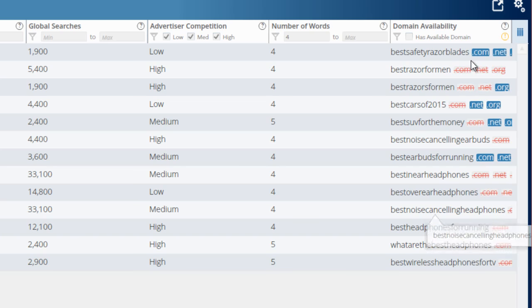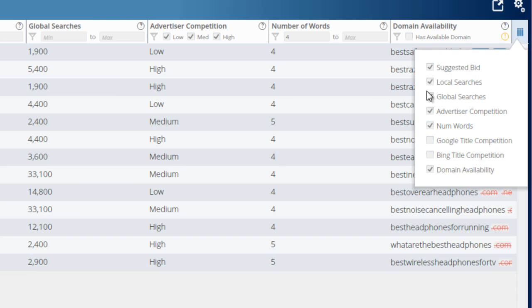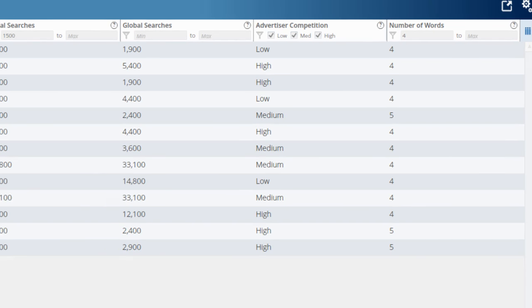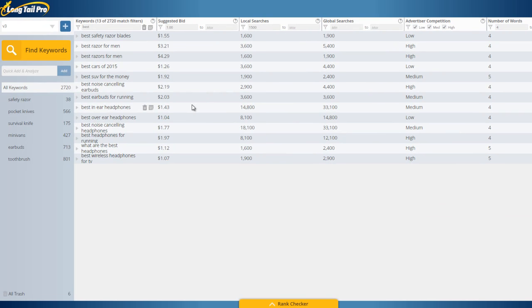And so I can see that there are a few here. The ones in the blue are available, the ones in the red are not. And just depending on how you like to work, you can come back over here to this icon and you can uncheck boxes if you want more workspace or add additional boxes. You can just keep it however you want to show the data that you want to see to make a